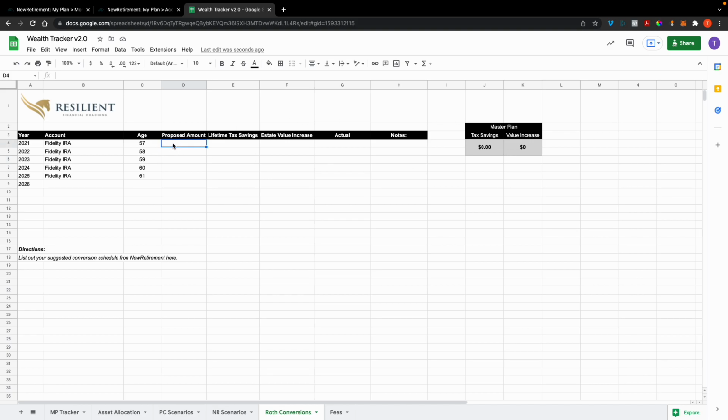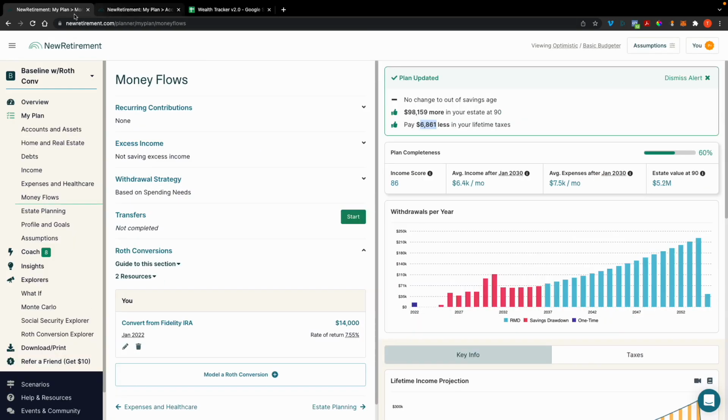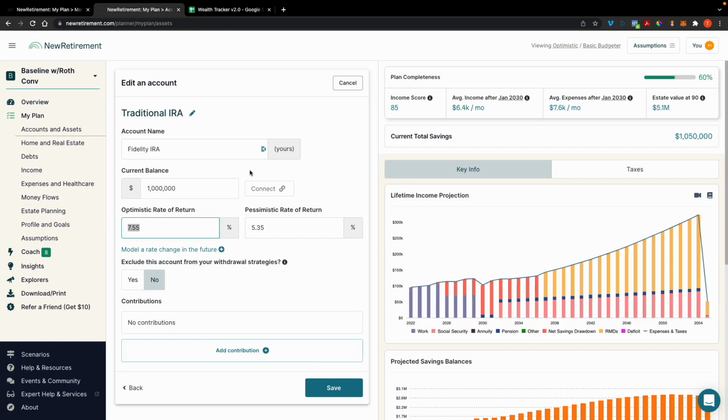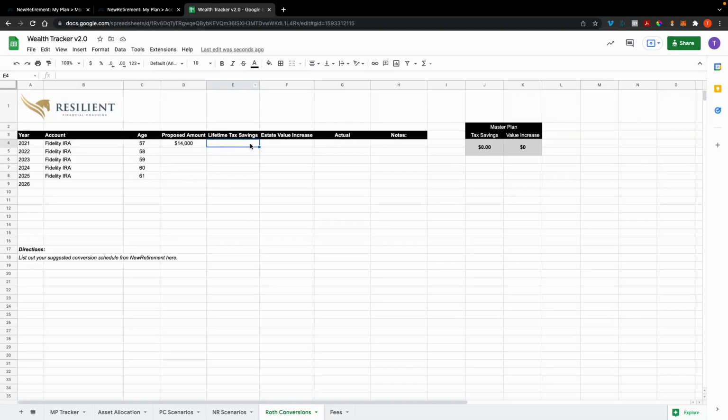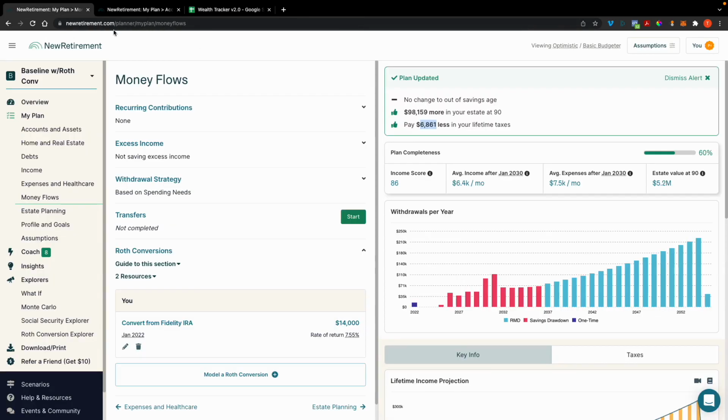So the proposed amount, if you just plug in here, let's say this was $14,000. You're going to use the values here: 98,159 for value increase, and then lifetime taxes, you're just going to plug in that 6,861.